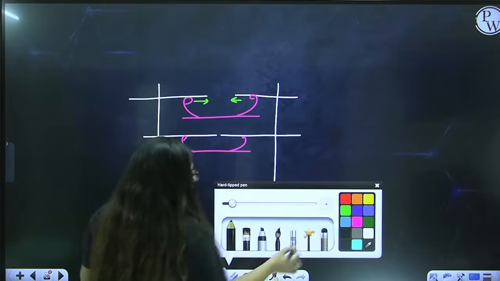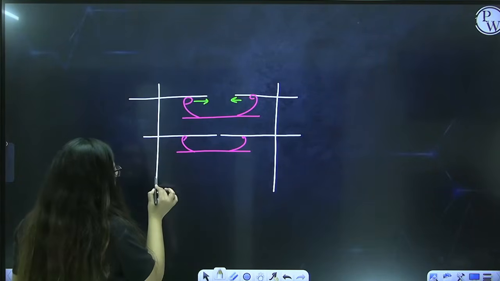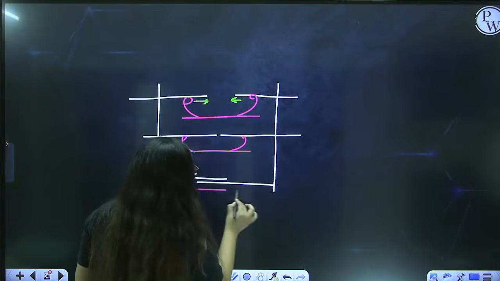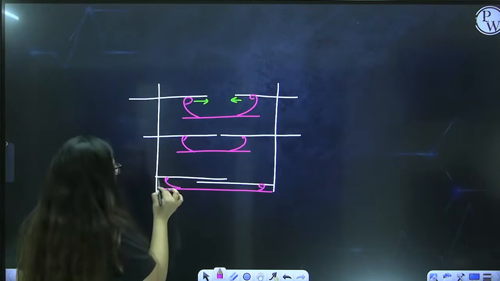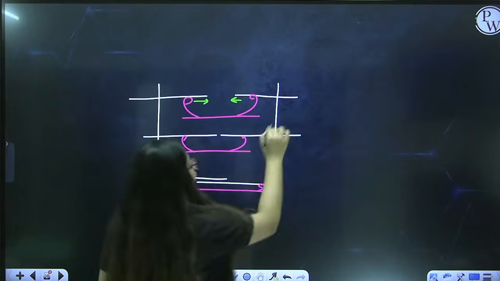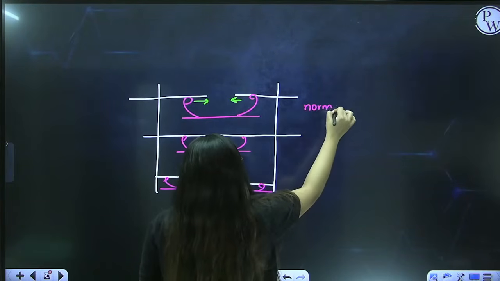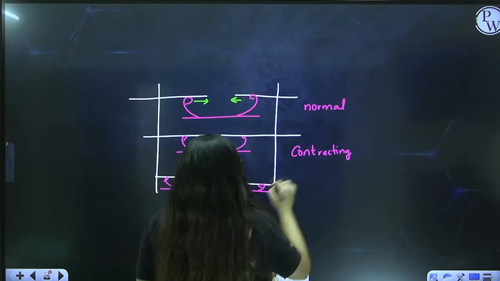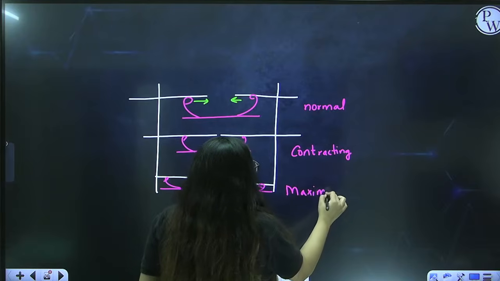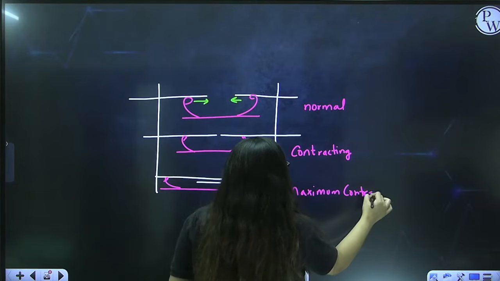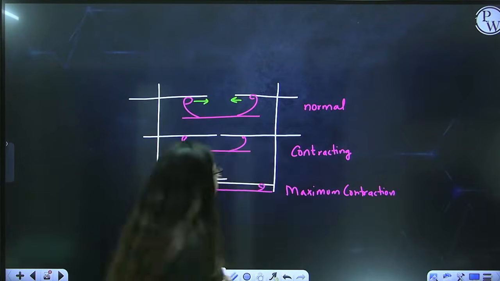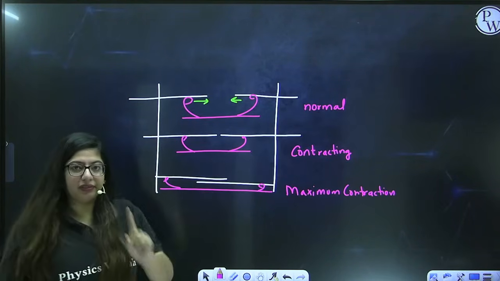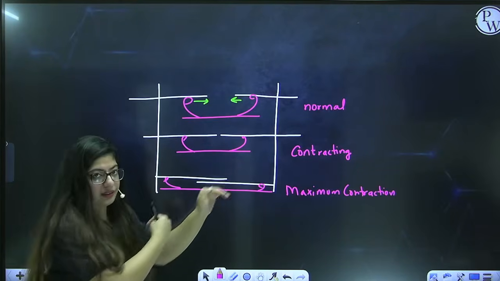Okay, and at the place where maximum contraction takes place, these thin filaments will overlap each other like this, and this is how the thick filament will be present. So this is one when it is normal and it has started contraction. Here it is contracting, and here is maximum contraction. One thing that you can note here, guys, is that during muscle contraction, these filaments are moving towards the center. First point, they are moving towards the center, right?